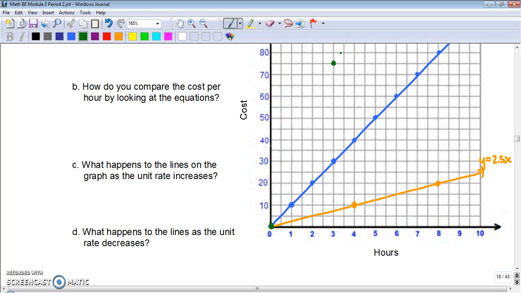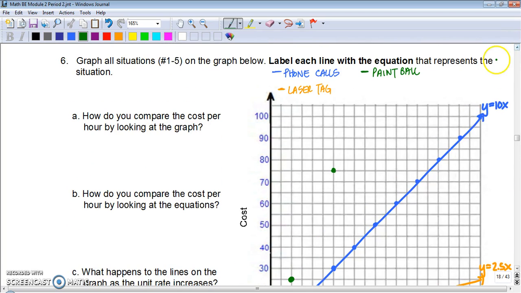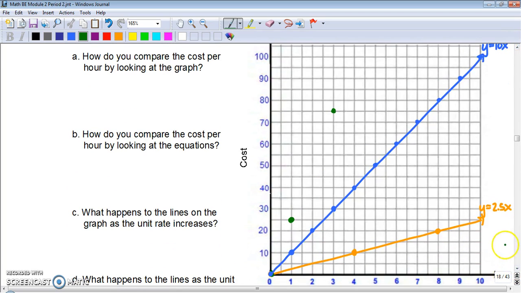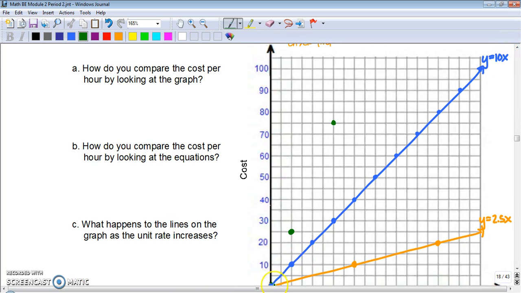We also found out what the COP was for paintball, which was 25 for 1 hour, so that one would go right about there. And I think it might go off the graph at that point, so that might be all we can graph. Should line up pretty good though. And this is y equals 25x. And the last one is